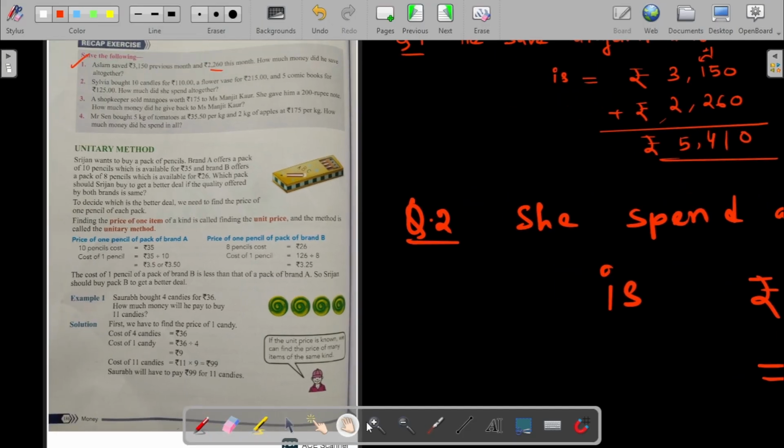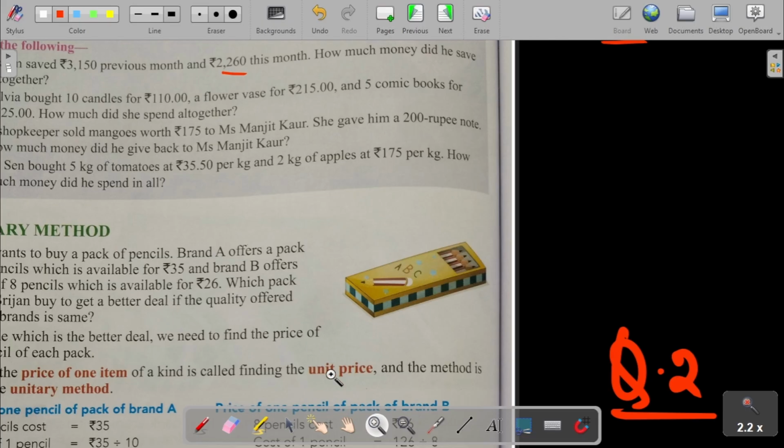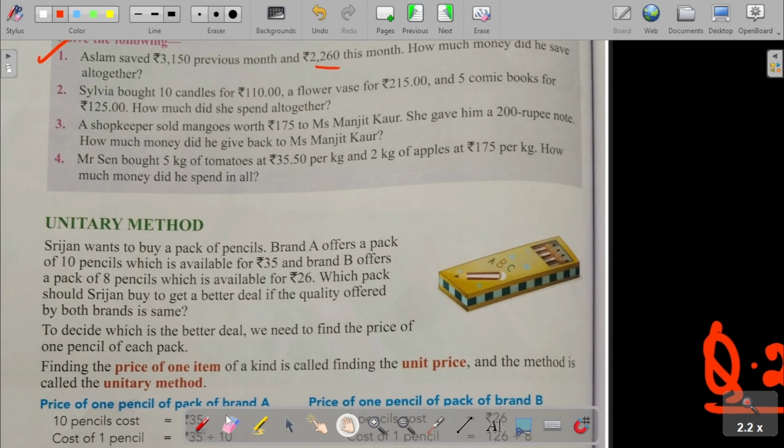Okay, next question. In the next question, a shopkeeper sold mangoes worth 175 rupees and Ms. Manjit Kaur gave him a 200 rupee note. How much money did he give back to Ms. Manjit Kaur? Okay,